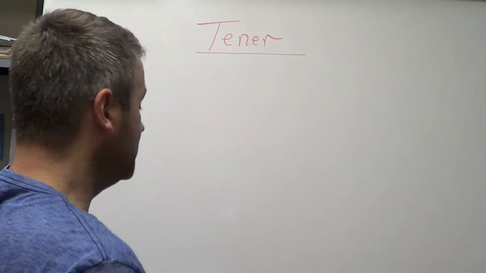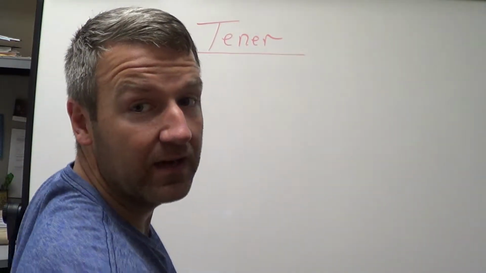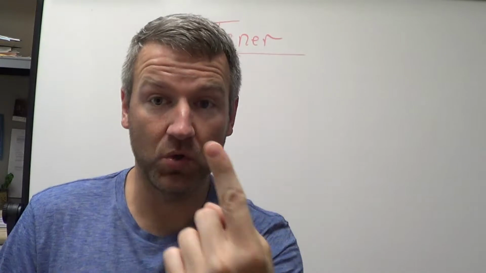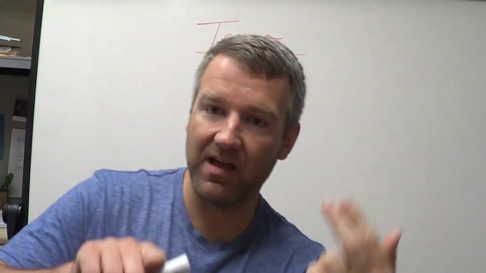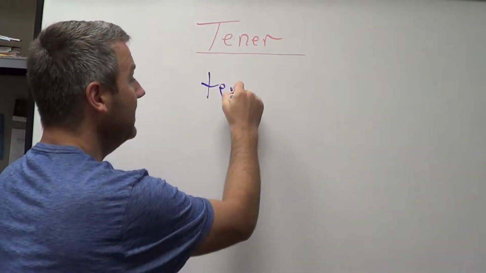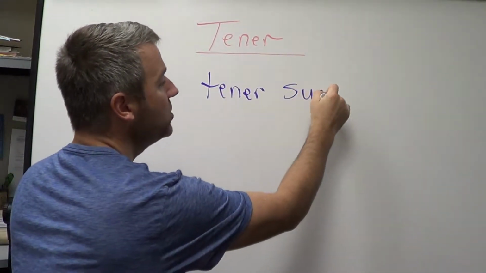So first of all, do you recall what the forms of tener are? You remember what they are? Yo tengo, tú tienes, él tiene, nosotros tenemos, y ellos tienen, okay? So that's how we would say have. I have, you have, he has, she has, we have, right? But what if I want to say something like to be sleepy, okay? Well, a way we can express that in Spanish is tener and then sueño.